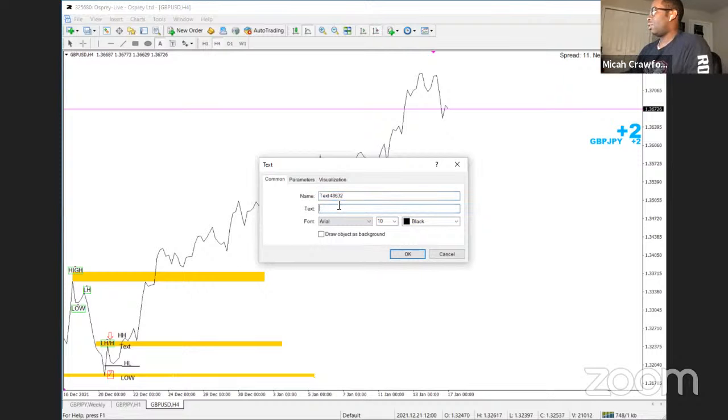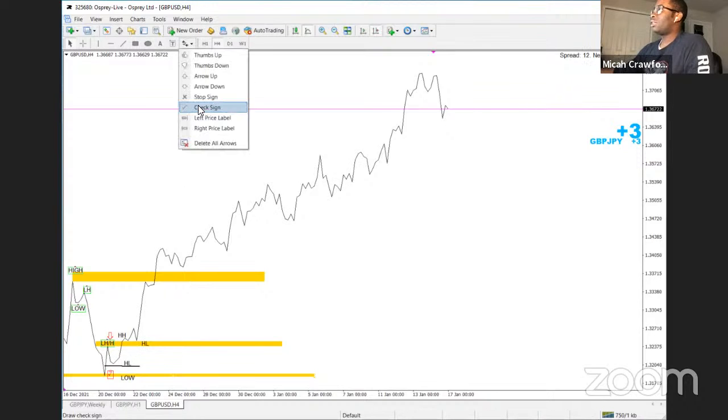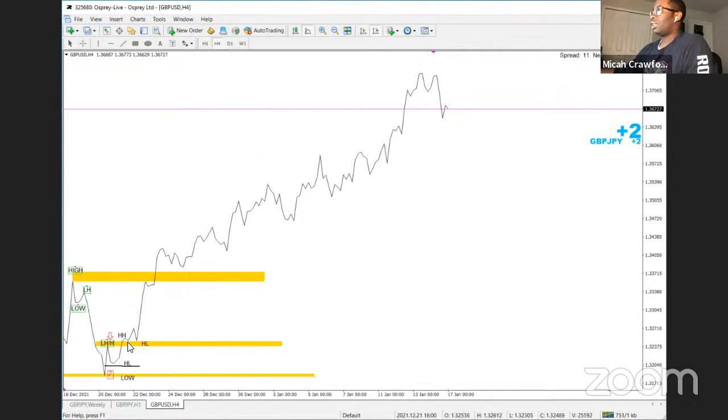What are some things that you all notice at the golden zone right here? What are some things that you all see? I spy with my little eye what? What can you all see? Can you see a double bottom right there? Yeah, I do see it. Mhm. Yeah. There you go. There you go. Automatically,